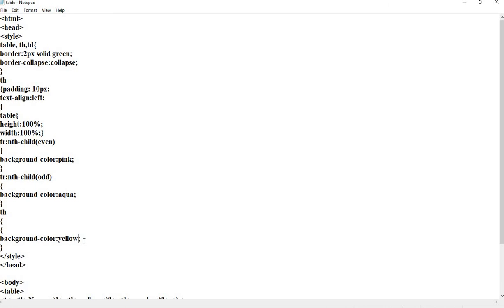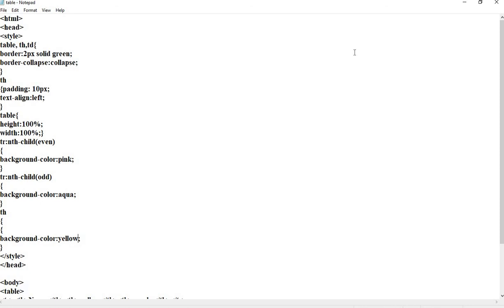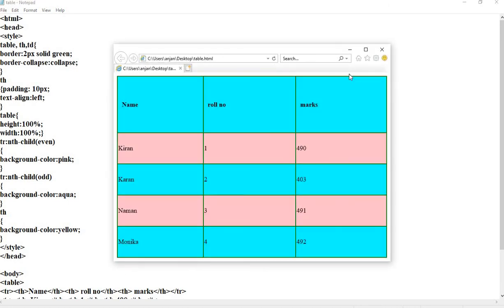Again save the changes, reload your page. Something went wrong. Okay, an extra character was added to it. Again press Ctrl S. Now you can see the color has changed to yellow.